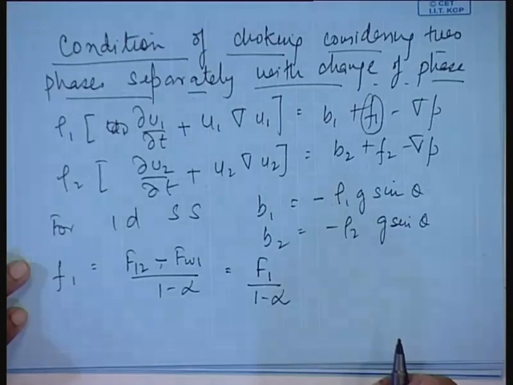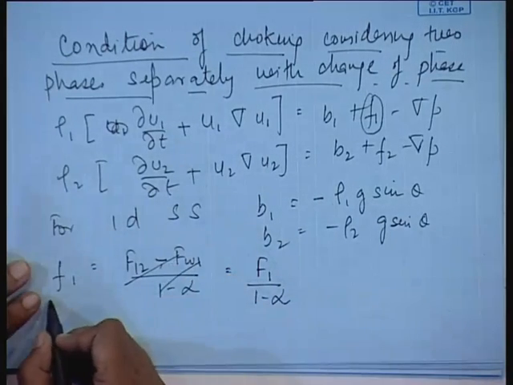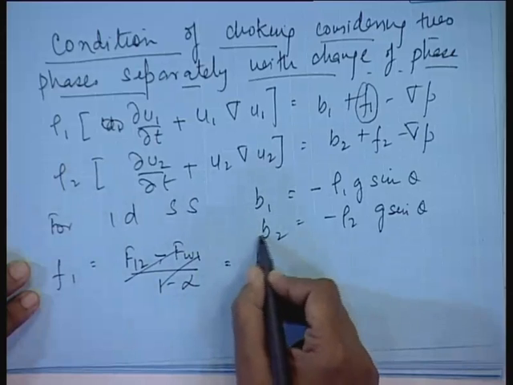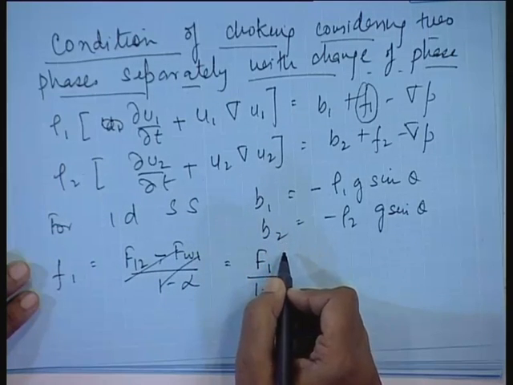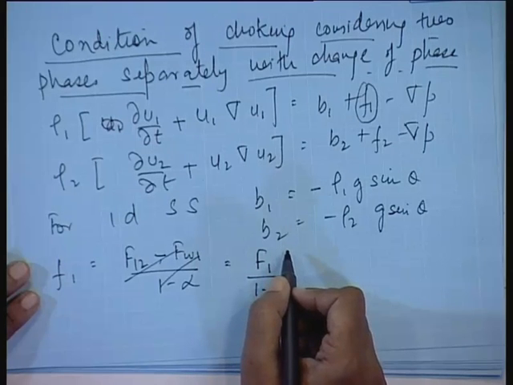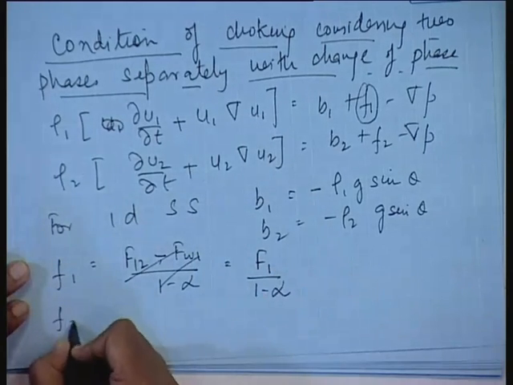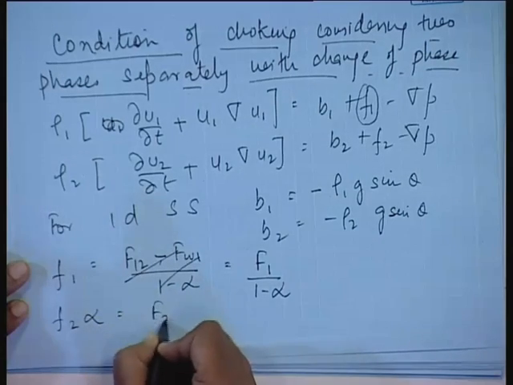Did you get my point? So, therefore, I will just cut it down. F1 into 1 minus alpha is the total leftover forces in fluid 1 per unit volume of the flow field. Clear to you? Same way, F2 into alpha equals F2,